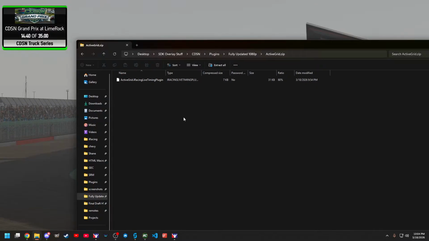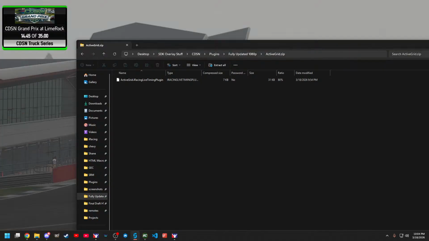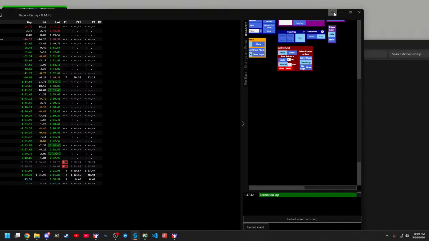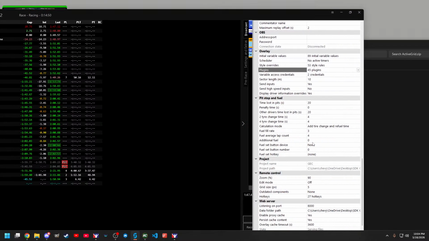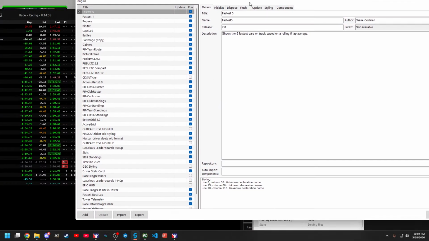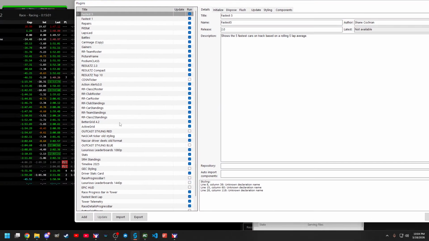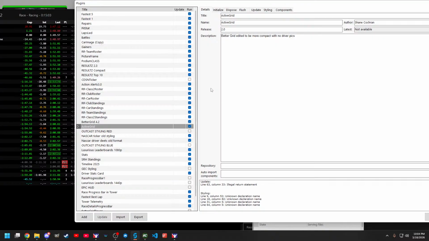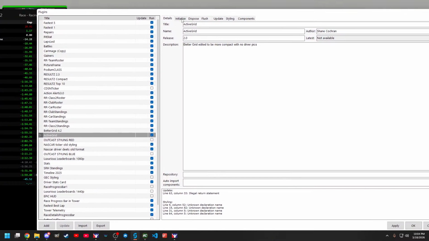Just one plugin in here, the Active Grid. Then you're going to open up SDK per usual. Navigate to your settings and find that plugin manager there under the overlay section. Open it up, go down to the bottom left, click import, bring in that Active Grid plugin package, and as always,